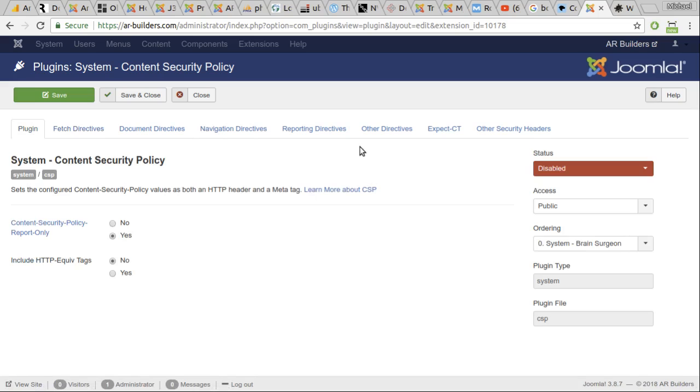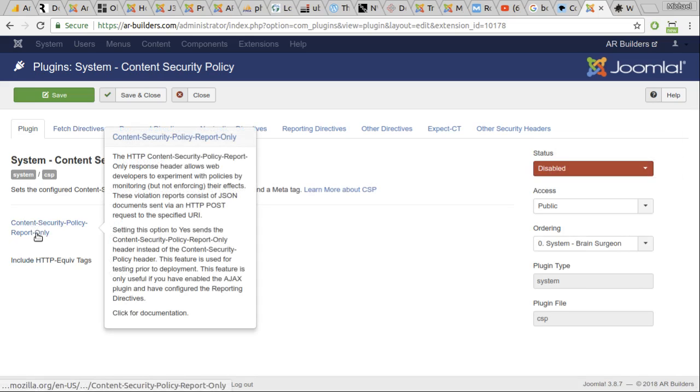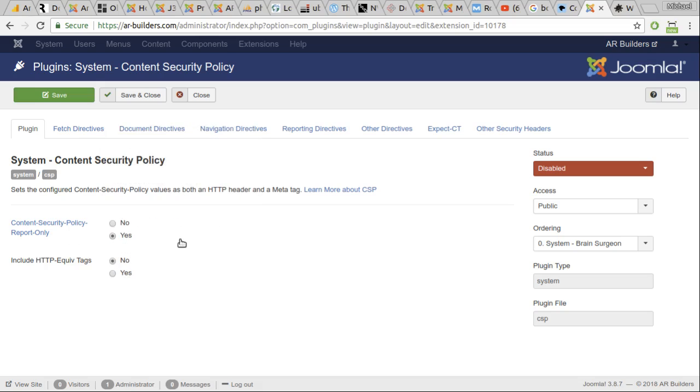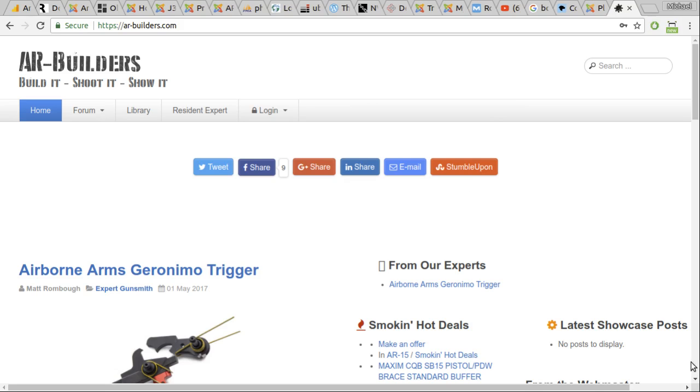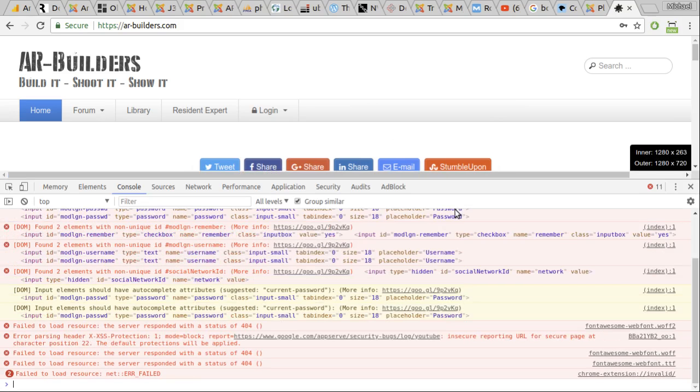So first thing we do, we're going to switch to report only, which is the alternate tag to the content security policy tag. So we're going to go to report only, and we're going to enable this plugin. Okay. At this point, you're going to want to open up your website, open up your console log,